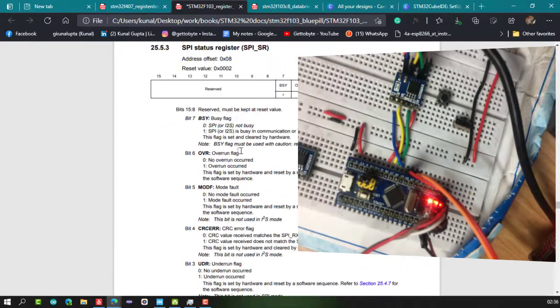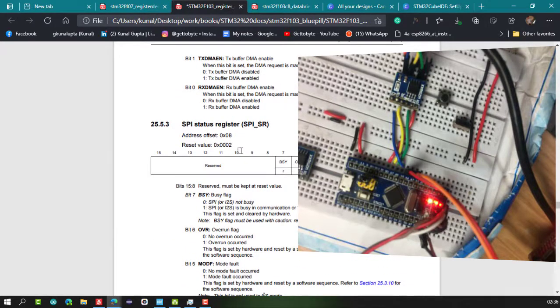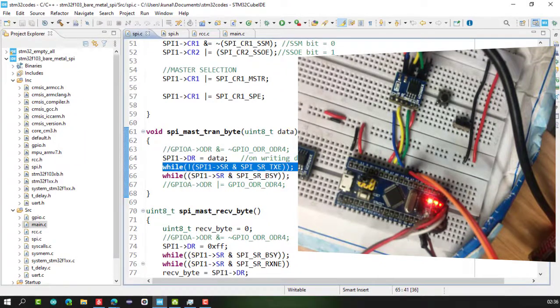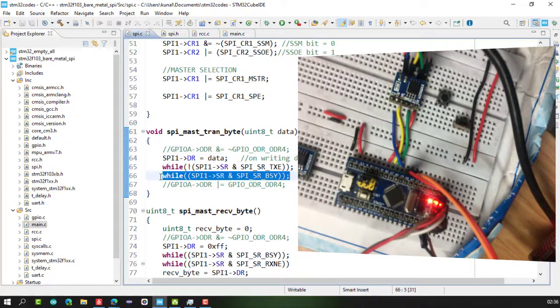And the busy flag signifies that my SPI communication has properly terminated, the TX buffer is ready to accept new data, meaning my whole TX buffer register is empty and it has successfully transmitted the data from my MOSI pin. So that's what we will be doing. We will first take a while loop on the TXE bit, meaning my buffer is now empty. Then a while loop on the busy bit, meaning my buffer is also empty now and my data has been successfully transmitted out from the MOSI pin. That's what we have to write in the SPI master transmit byte.